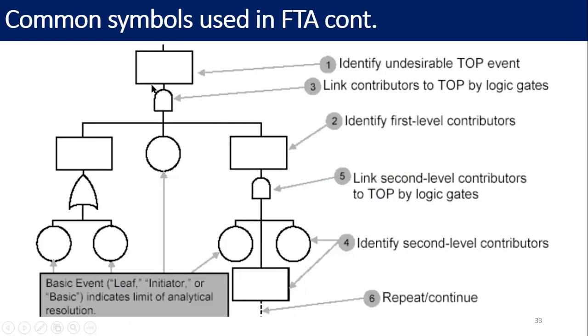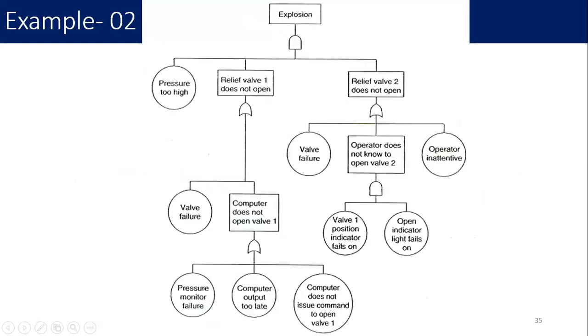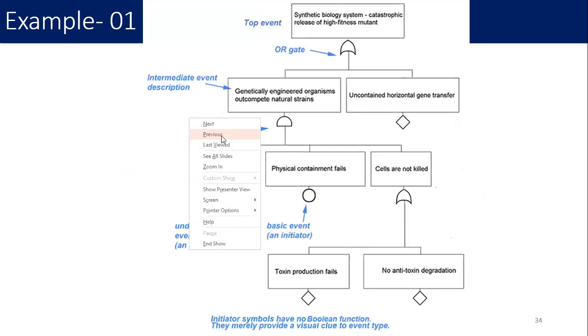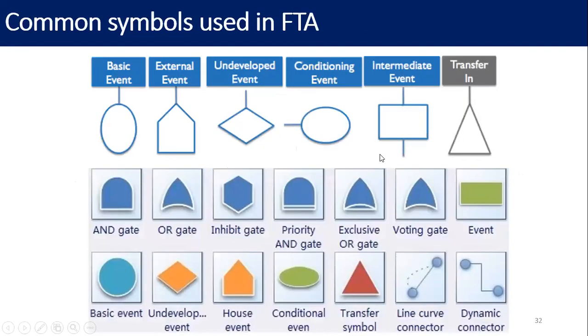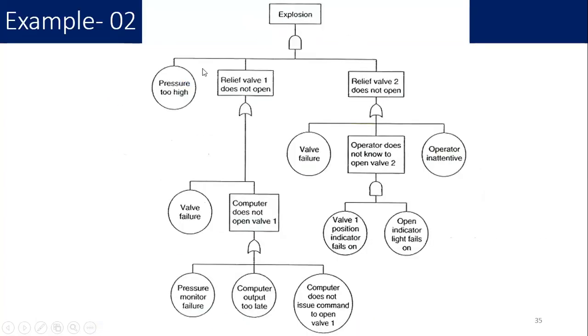Then you can use these pictures together scientifically to draw the fault trees. Here I use one example. There is the exposure. Here you can see an AND gate, so all these factors together affect the exposure. The first one is that pressure is too high. This mark is for a basic event; you can see it is actually a basic event.